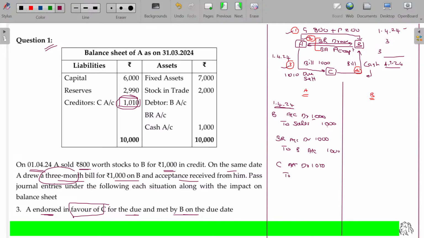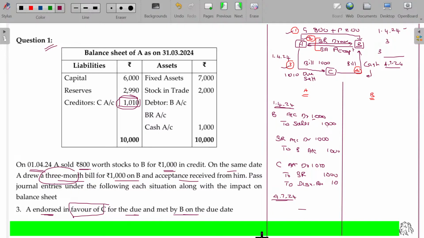The payment made being to BR only 1000 rupees. The original due is 1010, but we offered only 1000 rupees worth of BR. So the difference between these two is my gain, named as discount received. On maturity date 4/7/24, of course, it is promptly paid, so we need not pass any entry